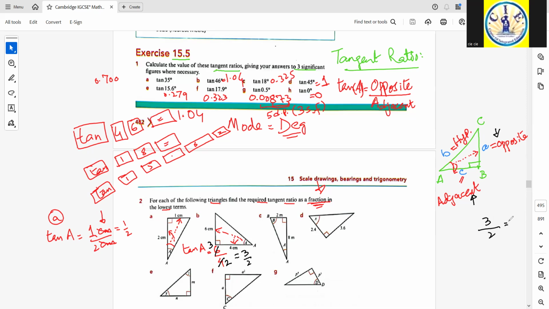It might not be simplified to give you 1 whole 1 by 2, because in this case 3 is actually representing a value of a separate side, that is the opposite side, and 2 is representing the value of the adjacent side. So since we had to give the answer as a fraction, we should keep the answer 3 by 2. Okay, for part C,